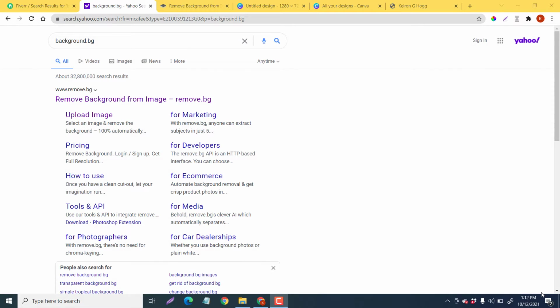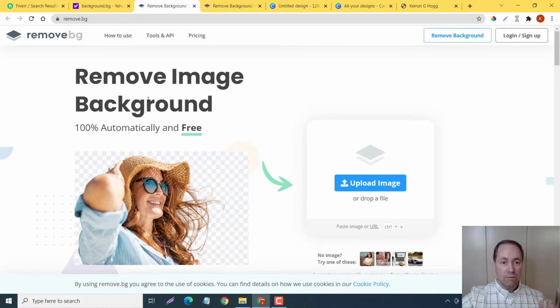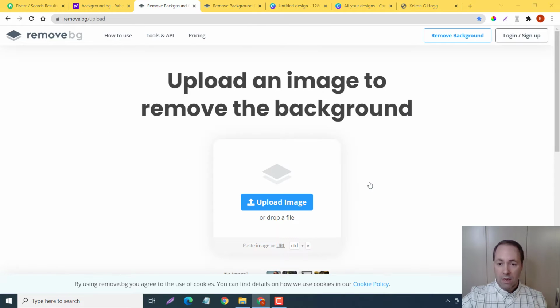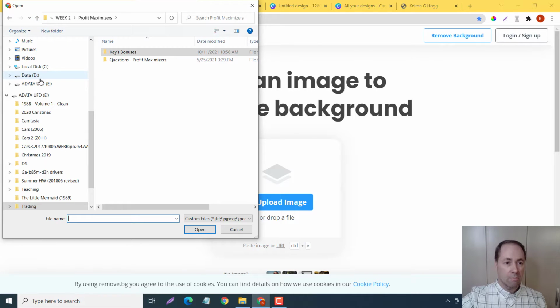Okay, so the first thing we want to do, we want to be going over here, background.bg. Very simple. We just click on here like that, and it says remove image background 100% automatically and free. So we click here, an image that we want to upload. So if I just go up to mine,